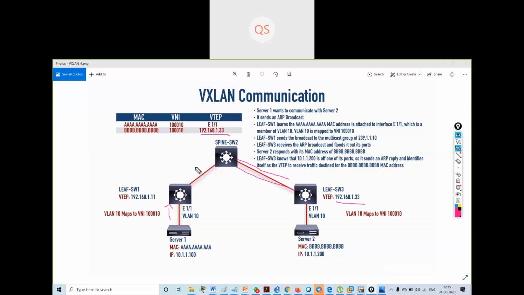But we have to assign the VTEP IP address of this interface, and we have to keep the server or any machine in a VLAN. Then the switch will create a VNI number for that. The VNI number on all the switches will be the same for the same VLAN. Understood?